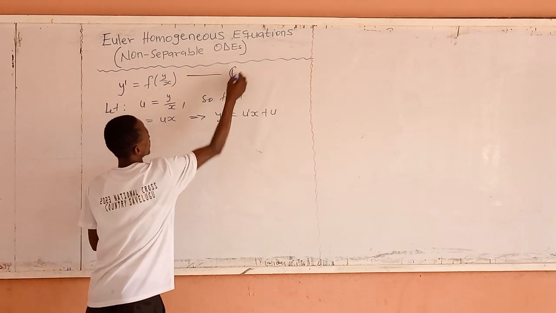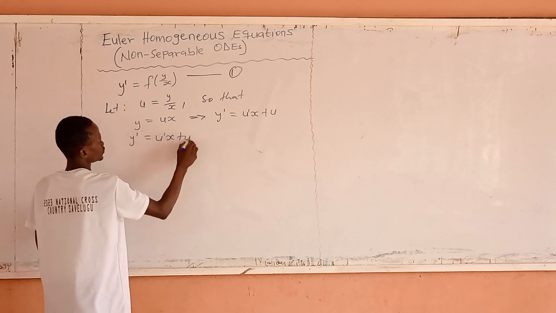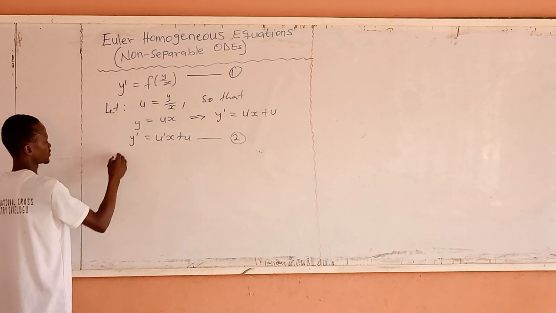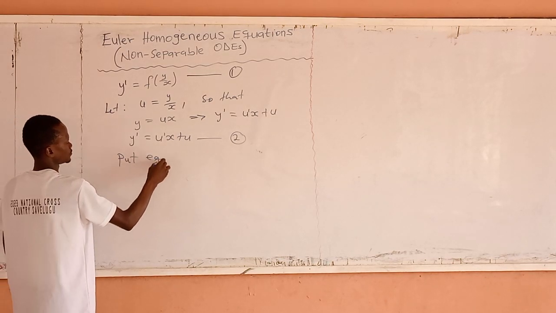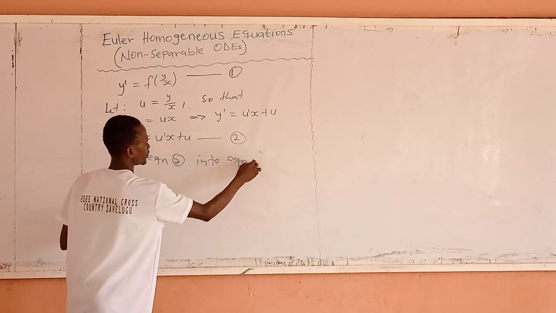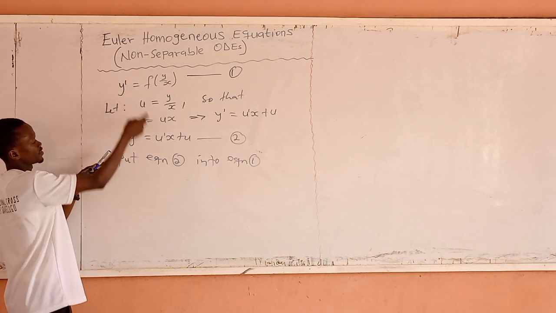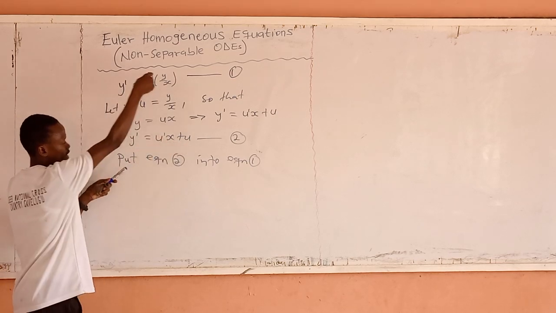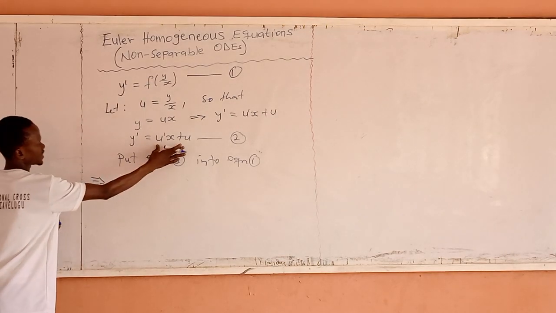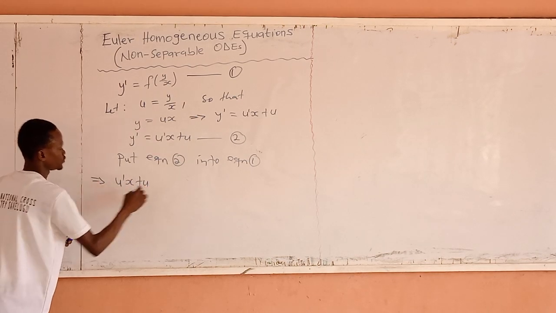And this becomes equation 1. And we label this, u prime x plus u, as equation 2. The next step is to put equation 2 into equation 1. That is, wherever we see y prime in equation 1, we put u prime x plus u there. So equation 1 therefore becomes: y prime, that is now this, u prime x plus u,